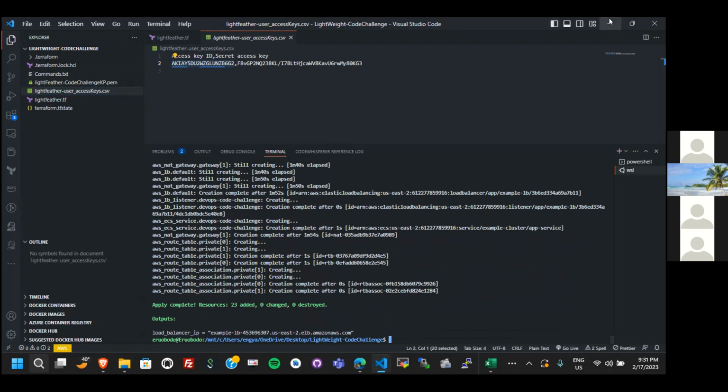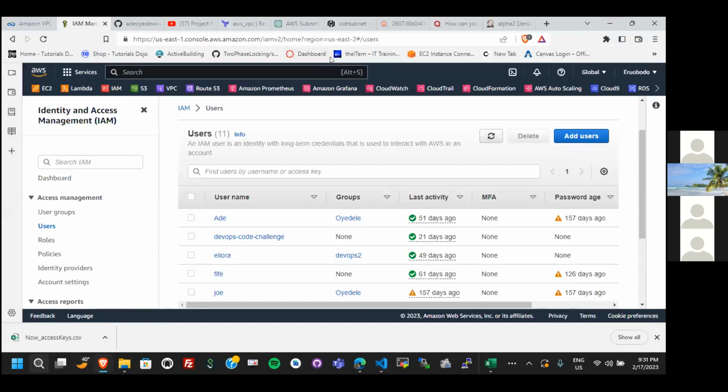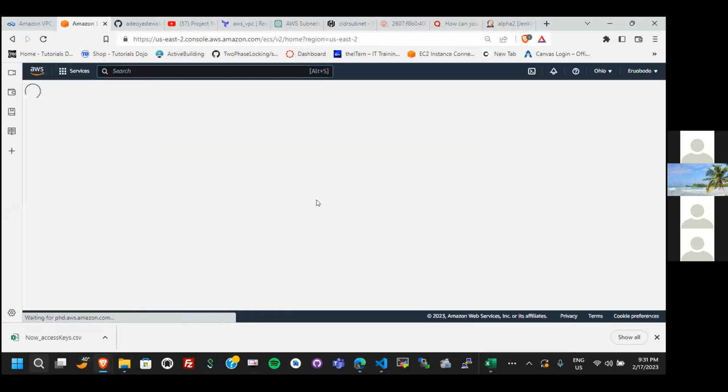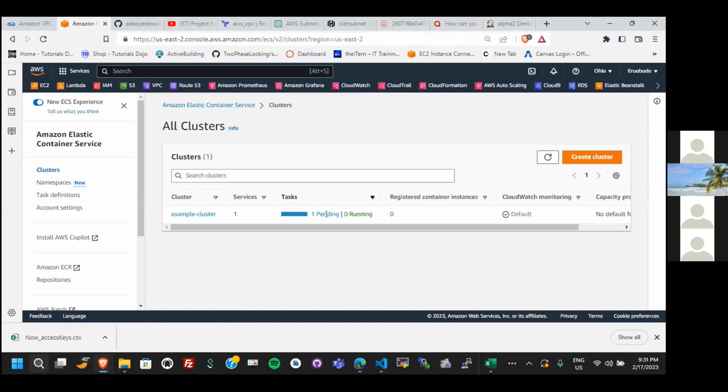Okay, our resources are done. If we go back to our ECS, Elastic Container Service, we'll find our containers running, the two containers we just deployed here. Okay, pending. So let's wait for it to start running. I will refresh. Okay, it's not running. So if I click on it,